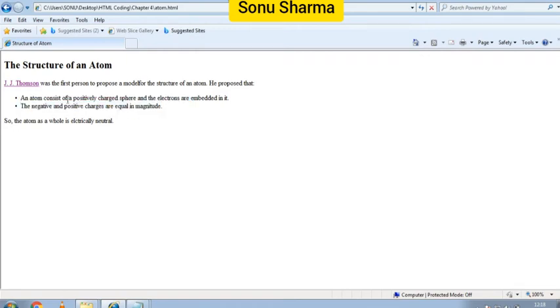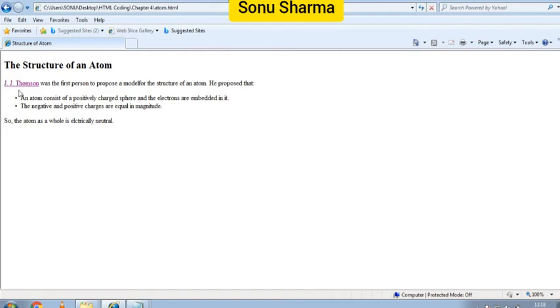And this unordered list, how can you identify it? The points will be marked with bullets. So this is the bullet. You can see this black dot is known as a bullet. So in an unordered list the points will be listed in bullets. In this way the two points are written here. Now this is the last line.